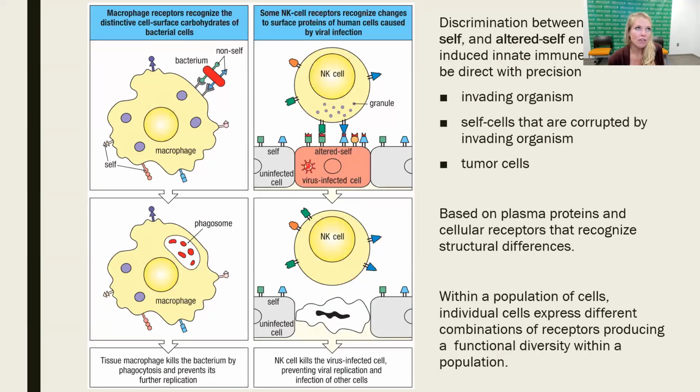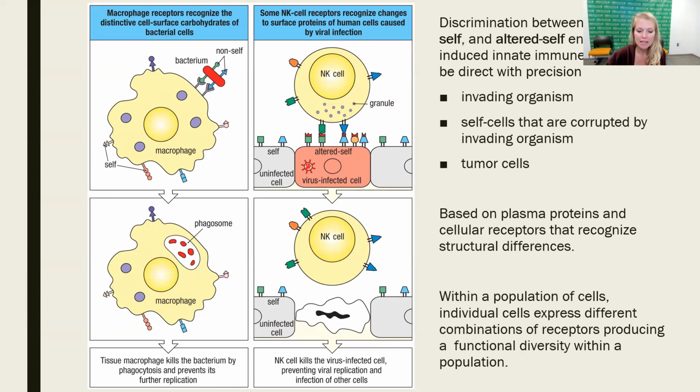So discrimination between self and non-self and altered self will enable the innate immune response to be as precise as it can be. Now, because the innate immune system really lacks specificity, it is kind of like, hey, we have one game, this is the game we play all the time, and this is what we do. We have one defense, we run this defense no matter what type of offense we're seeing, right? But